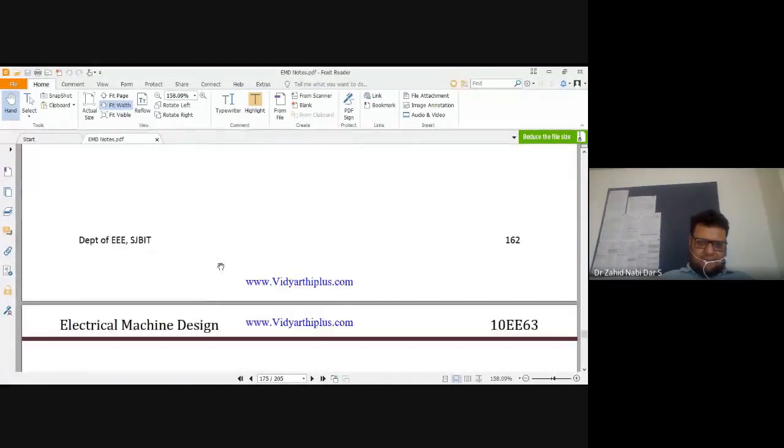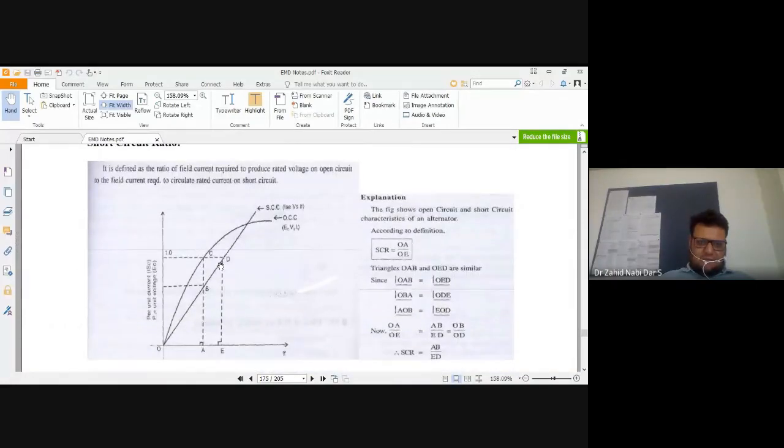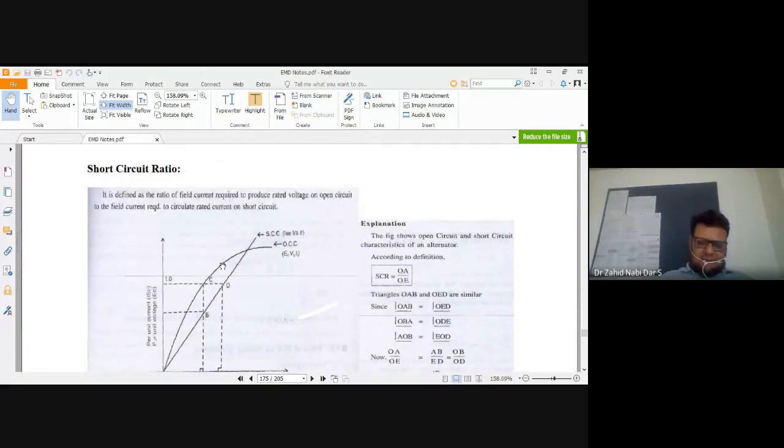Yesterday we were studying. Okay, some of you missed the class, so we'll start with this and then we'll move on. This is a very important question. It will always come for 10 marks because they have no option. Short circuit ratio they have to give. Looking at the past 10 years' papers, I'm seeing the same questions. So what is it? Basically it is defined as the ratio of field current.